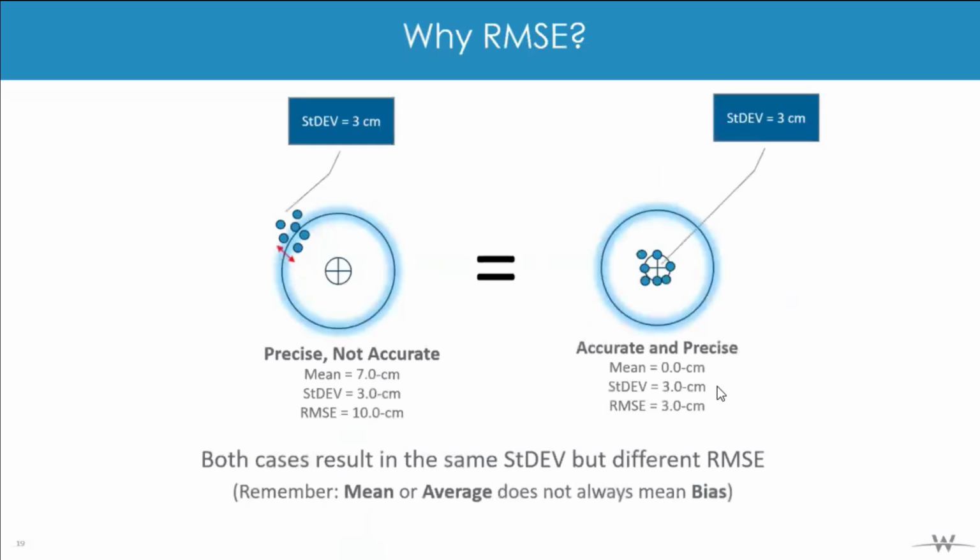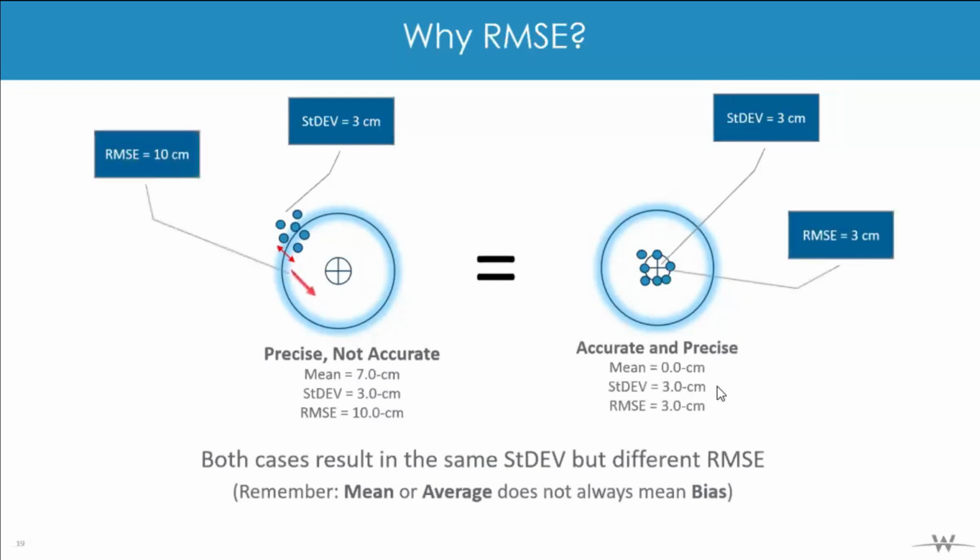If you look at both cases, the left and right, they both give you a standard deviation of 3 centimeters. So if I measure my accuracy using standard deviation, the problematic data set on the left, which has bias, the standard deviation will not pick up on that, definitely. While if I calculate the root mean square error for both sets, the left data set will give me 10 centimeters. The right set will give me 3 centimeters,